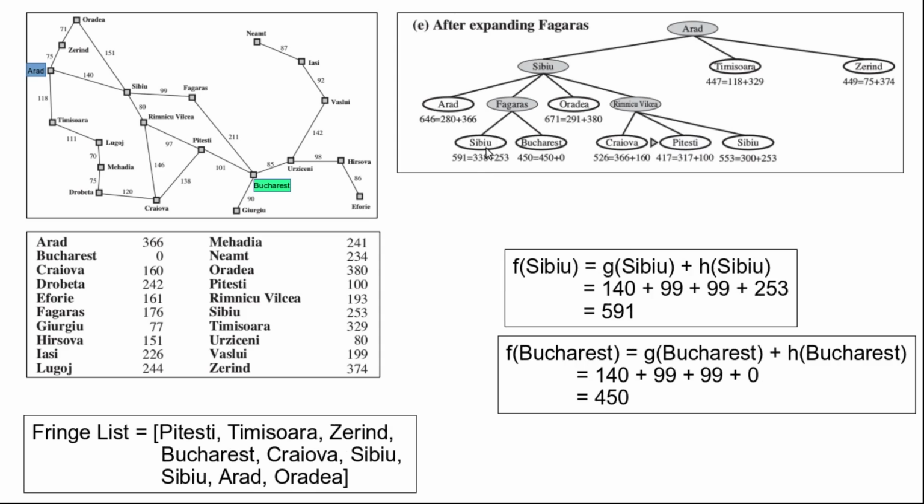Now when we want to calculate the F value of this node, we have to consider this 3 step cost, and this 3 step cost will be 140 plus 99 plus 99, and the H value of CBU is 253. And when we perform this addition, we get the F value of CBU to be 591. And similarly, the F value of Bucharest will be 140 plus 99,